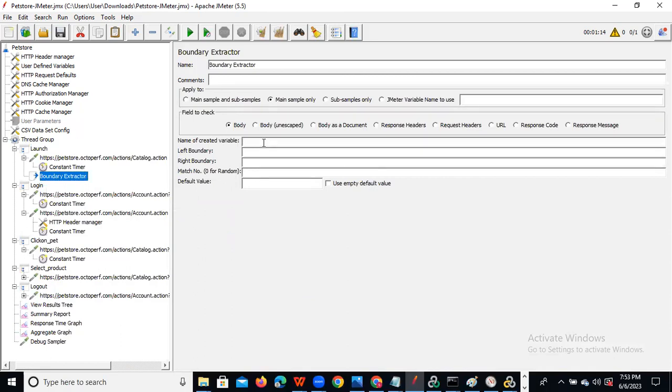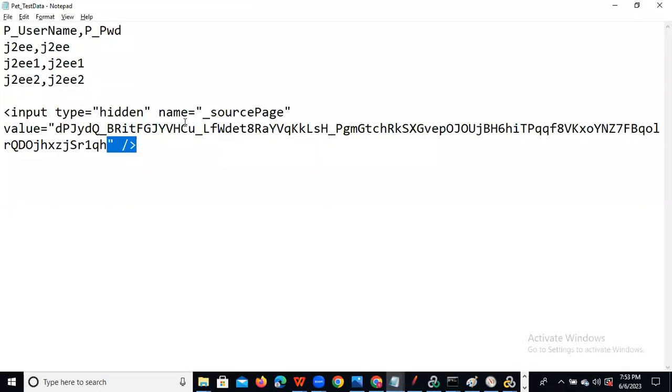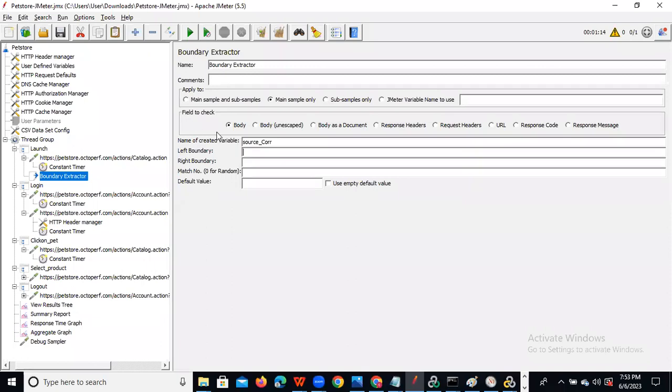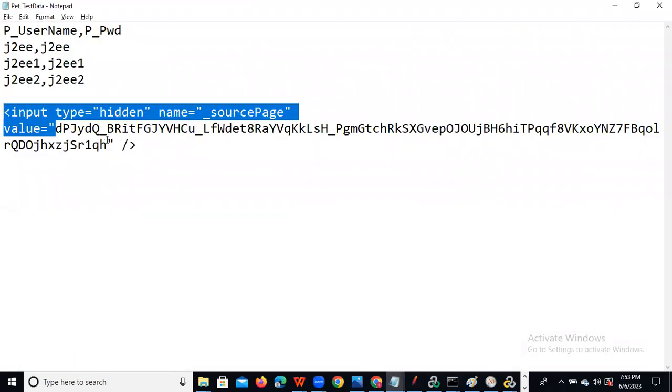We are doing it for the source page, so Source underscore CORR. For the left boundary, go here, take this as the left boundary, and then the right boundary.